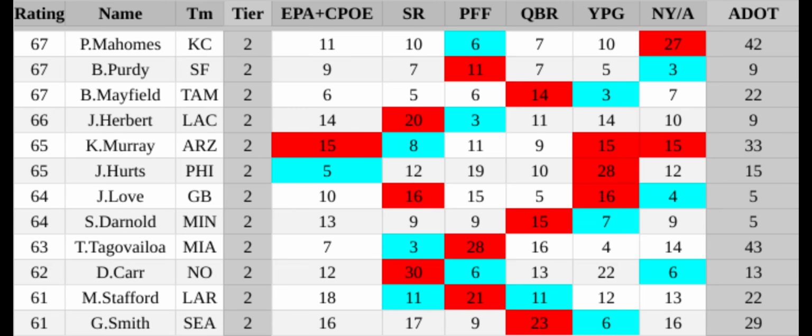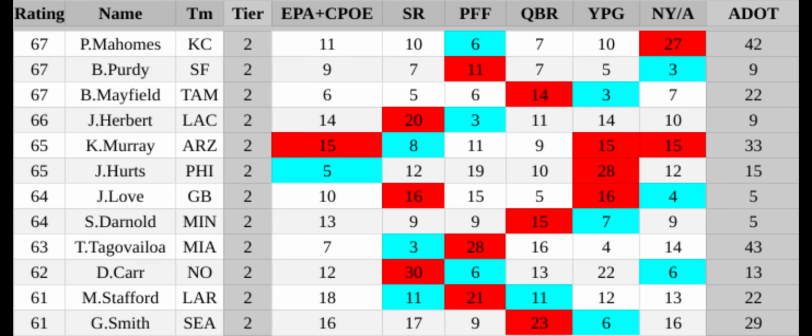So, he checked a lot of boxes there, but it's kind of funny. He was 15th in the other three stats, which I think is, you know, partly on him, but I think it's partly on the scheme as well, where he was running a lot, so he didn't get as many passing yards. They were handing it off to Connor.